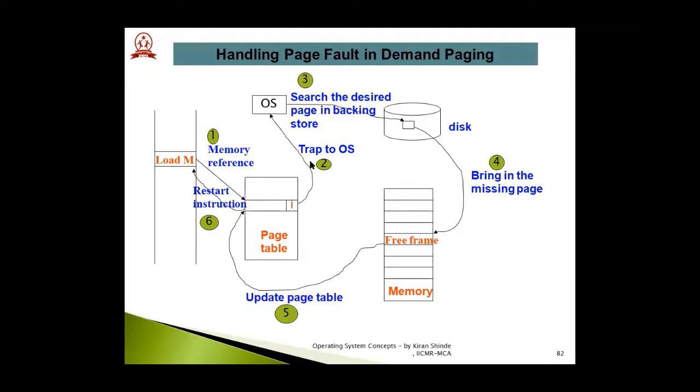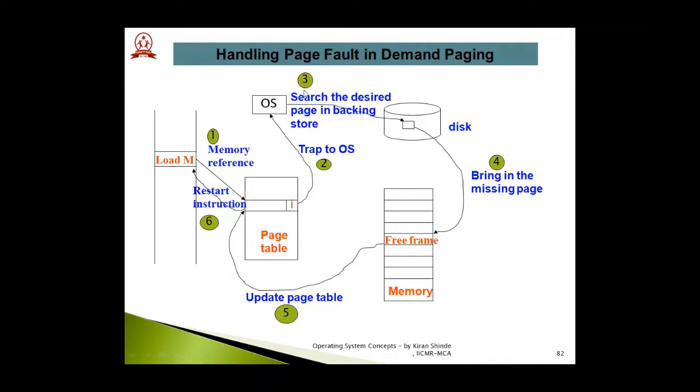So now the operating system has to trap some error, because that instruction wants that particular page in order to proceed with the execution, but that page is not available in the memory, right? So that will be first of all understood with the help of this I bit, that is invalid bit. That is step number 2.